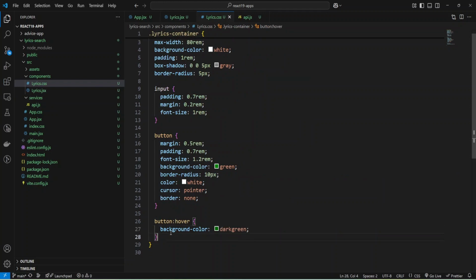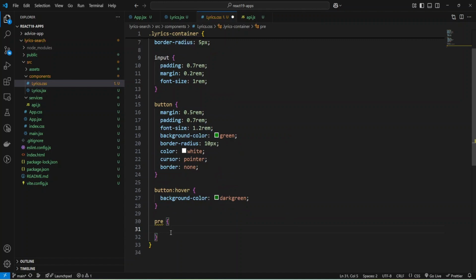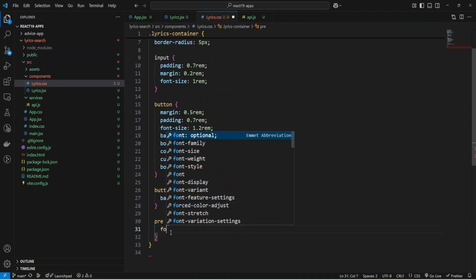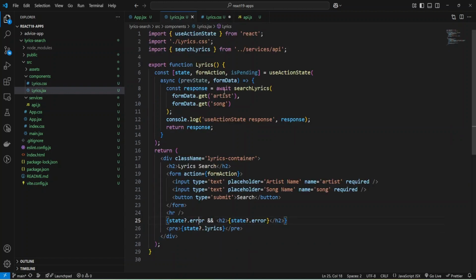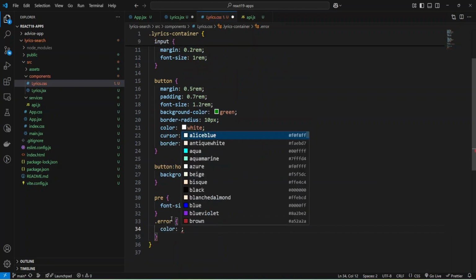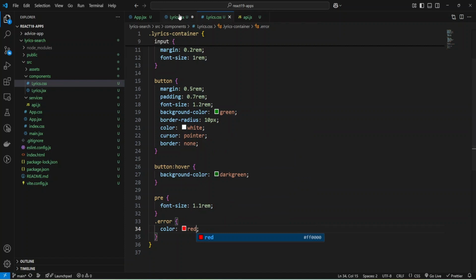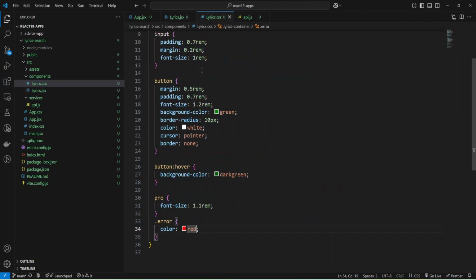And we can adjust styles, and I'm going to increase font size for my tag, and make font size 1.1rem, and let's add some class for our h2 tag, className error, and we'll add some styles for this error, and make color. Okay, and let's add some styles for this hr tag.